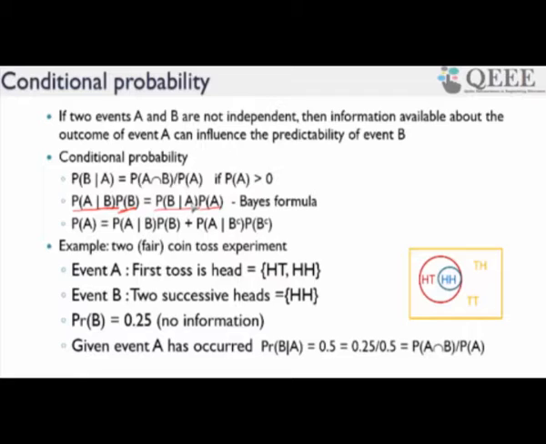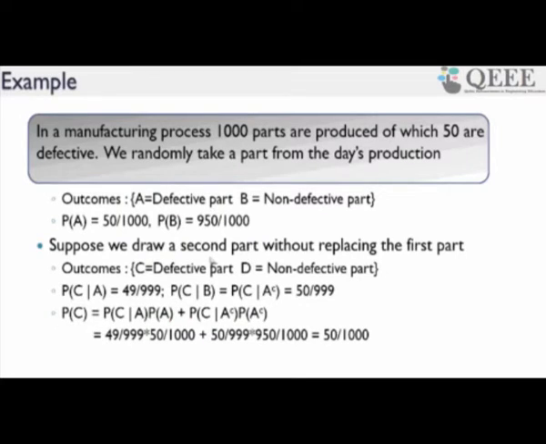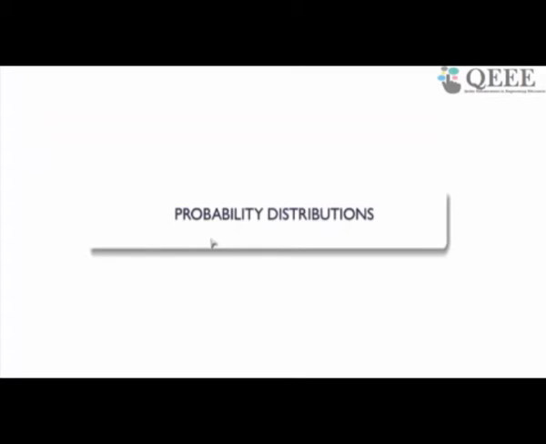This is a very important notion because it is used in lots of data science algorithms where classification is done based on a Bayes rule. We have one example here which you can go through to look at some very simple calculation using some of these notions of probabilities. Okay, we will move on now to probability distributions,